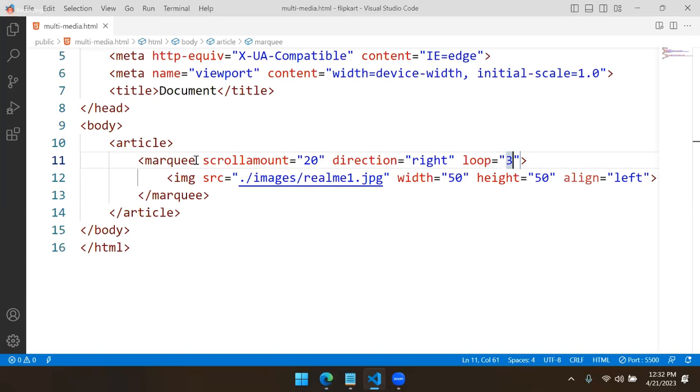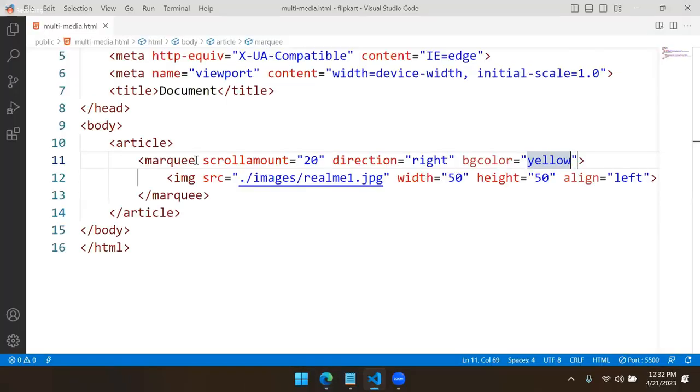That means every time after the page opens, it will display a few times and then disappear. That you can control by using loop. We can also have some BG color, some yellow. You can see a background color for the marquee. And very important for marquee, you can keep